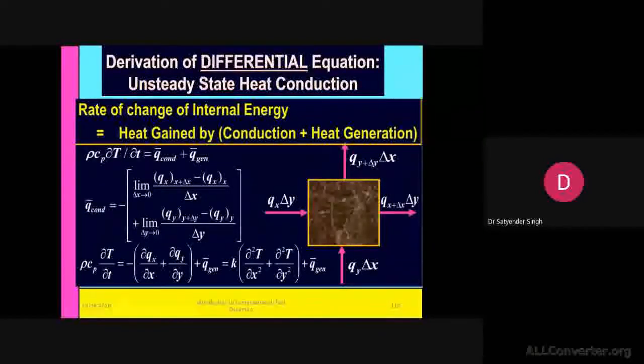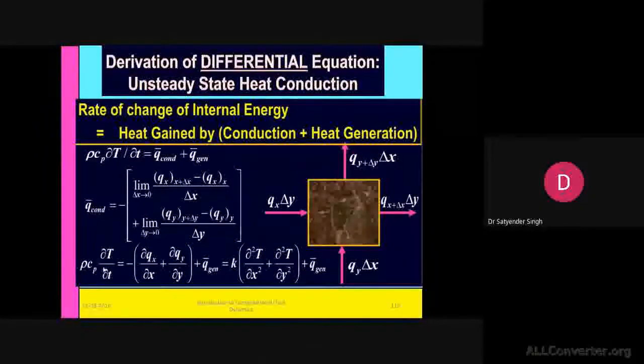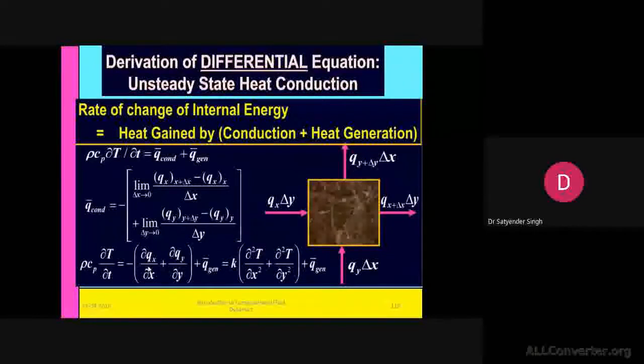Okay, so this is the further representation of this differential equation. Here the first is the temporal term with the rate of change of internal energy, and the second one is the rate of change of flux with respect to the location. It is finally taking the form k del square T by del x square plus del square T by del y square, which we all know as the form of the heat equation.